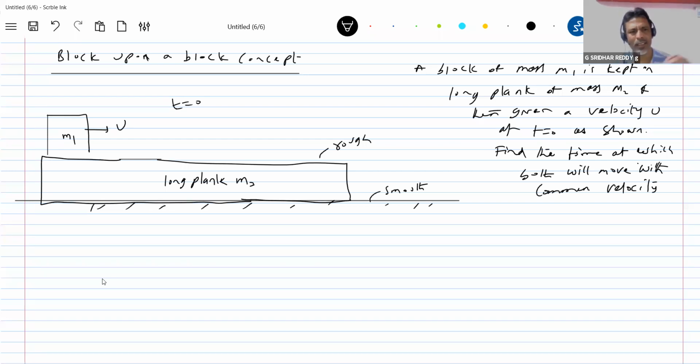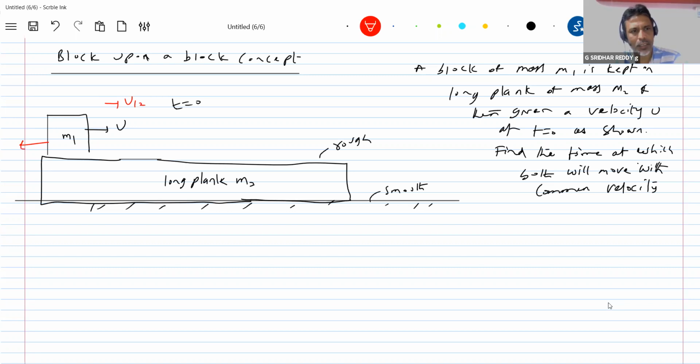Let's see that. Okay, let's get into the idea. The friction will always oppose the relative motion between the surfaces. So what is the velocity of block 1 with respect to the plank? It will be towards the right. So how should the direction of friction act? This is at t equals 0. Then what is the direction of u12? u12 will be like this. Then the friction must act opposite to u12. I'll give the colors, it'll be much easier. What is the state of the block? The plank is at rest here. Only the block is given velocity. So the friction by the plank on the block should be such that it opposes the motion.